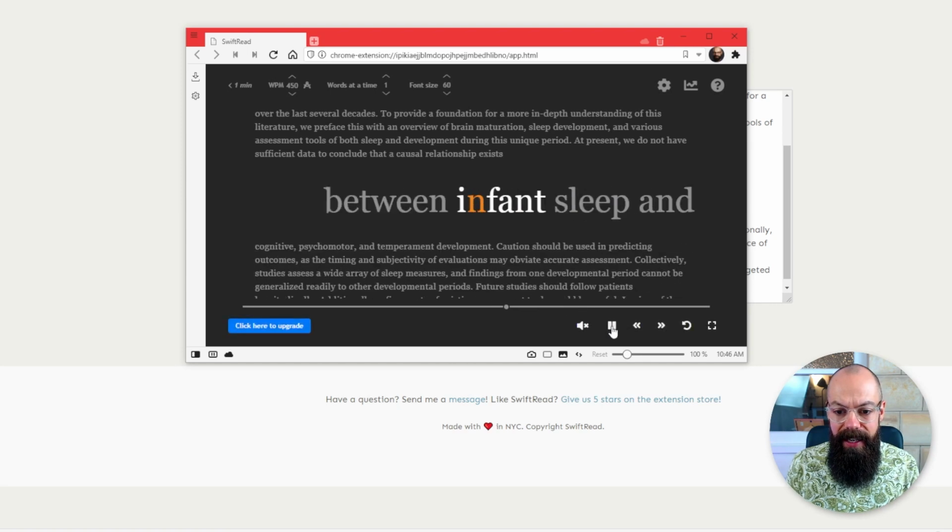So I'm just going to stop this. I really like this approach, and it is completely free to use, this copy and paste bit in Swift Read. And one thing I like about it is that if you've got a massive load of texts, a load of papers, a load of abstracts you need to read, like if you're going to a conference, for example, and they